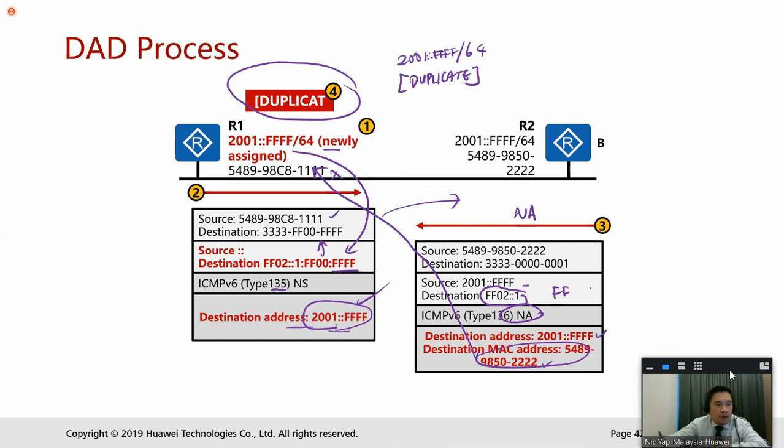FF02::1. Because I cannot say that the destination is back to FFFF, because you have no address defined yet. Your address is just tentative. I cannot use it as communication. So in this case, I will just send to everybody, to say that this address FF02::1 is to all nodes